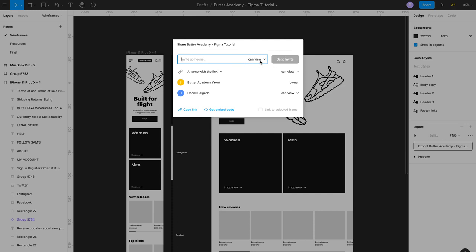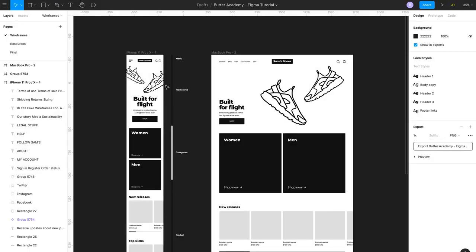So if it's a client, for instance, you probably want to leave it to can view. But if it's a coworker that's going to be collaborating with you and designing at the same time, you might want to change that to can edit. And that way that user can actually come in and edit these designs with you simultaneously,